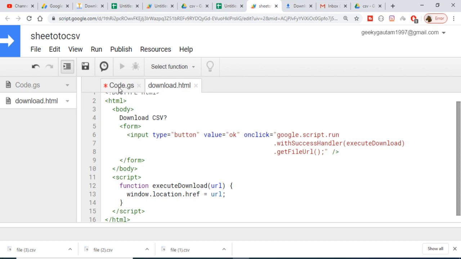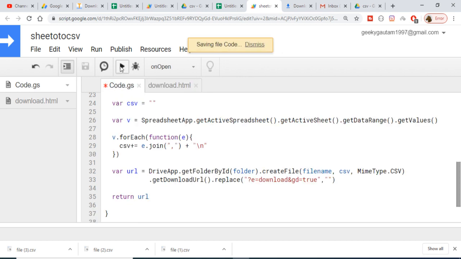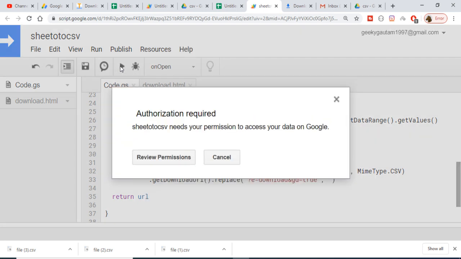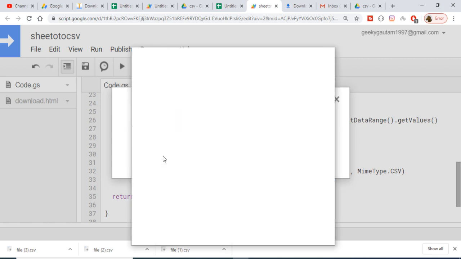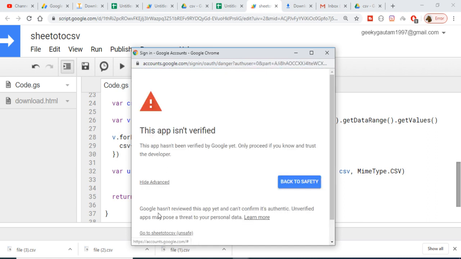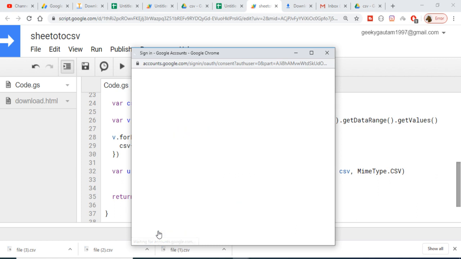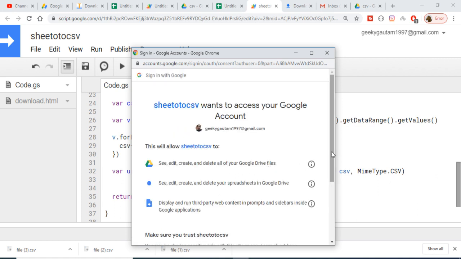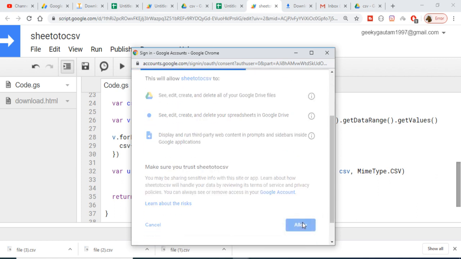So this is the code guys. So now this code is complete. If I run this, it is saving the file code, and now it will run this function. So now it will require the permissions because we are using Google Drive now. So it will be asking for the very first time. So if you run this application for the second time, third time, it will not ask for it. So just allow the permissions, and now